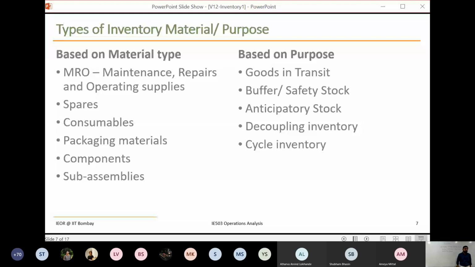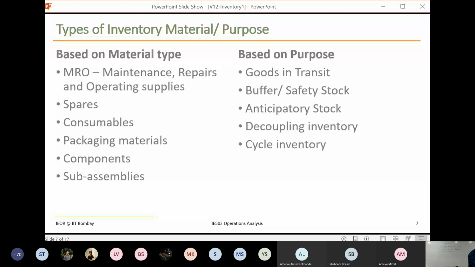It is the average inventory that you're holding only because you are purchasing in a larger lot size than you can actually consume. So one key decision of inventory management is to decide this lot size. Lot size refers to the quantity you purchase in one order. That is one of the key decisions for which we will be learning various methods.